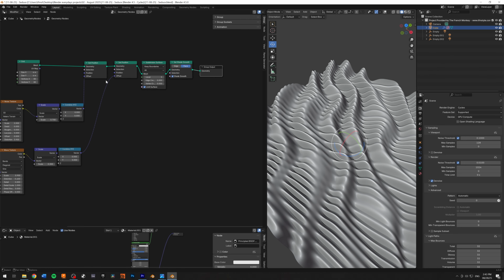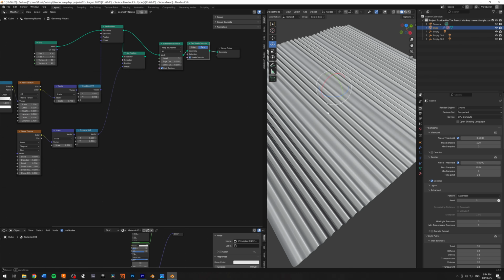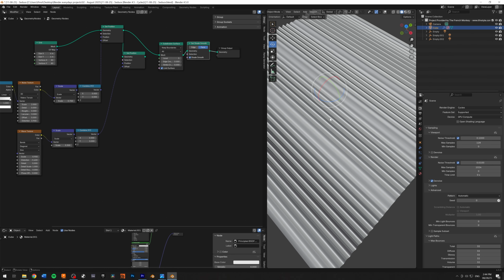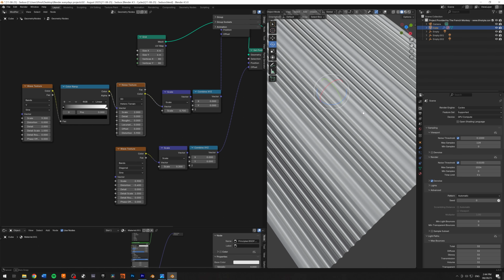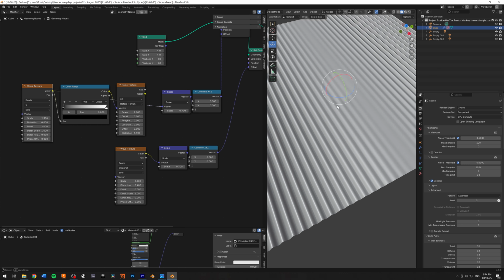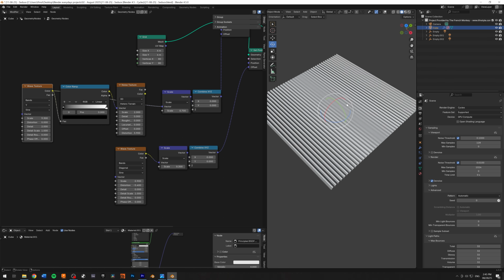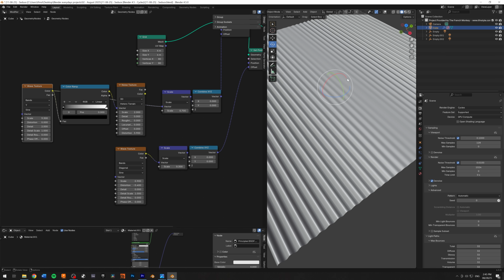So let's take a look at the first set position, right? Because I want to just see what we have. So this is the first layer of displacement. As you can see, it's a simple wave displacement, and I'm going to just feed this straight inside of the scale. So this is what we have as a default displacement, and I wanted to make this a little